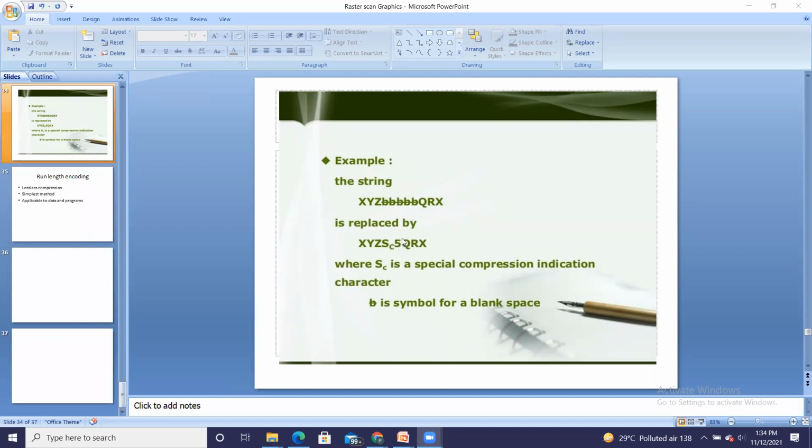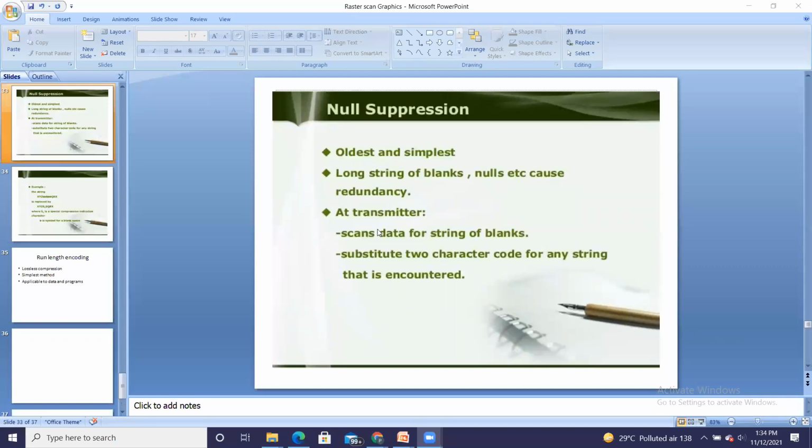So here 5 blanks are considered, and the remaining QRX is as it is. Instead of writing this string, I will compress it to this particular format. That is how null separation takes place.